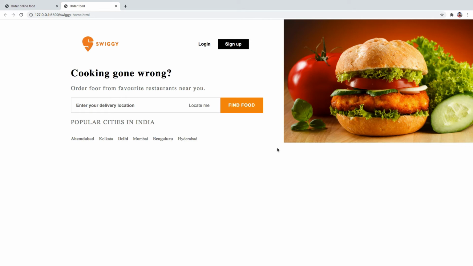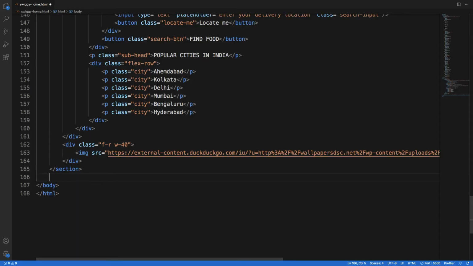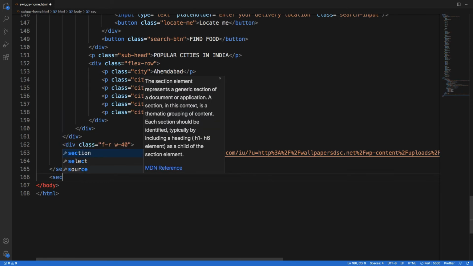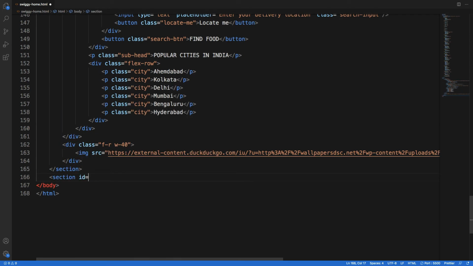Now we will move on to the second section. Moving on to the second section, all the other sections except the section 1 are easy. So let's start with section 2. I'll first write the HTML for section 2 and we'll move on to CSS after that. Now I've declared a section with ID section 2. Inside that